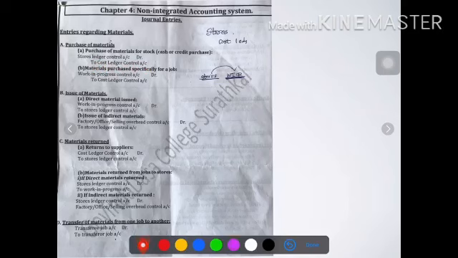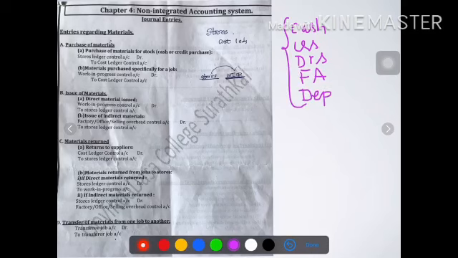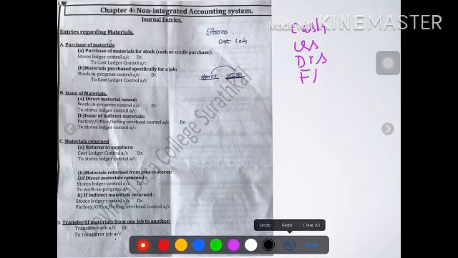The reason behind this being the cash account, creditors account, debtors account, the account of fixed assets, and depreciation are actually replaced by a single account in cost accounting, which is namely cost ledger control account. Therefore, whether you purchase on cash basis or credit basis, the cost ledger control account is credited.